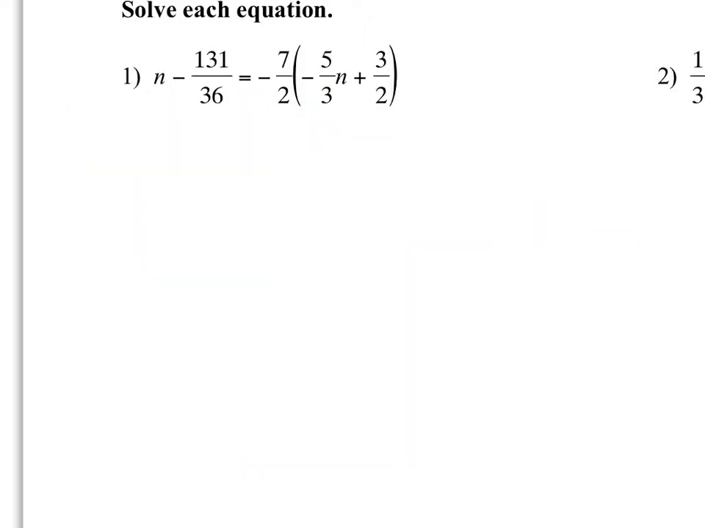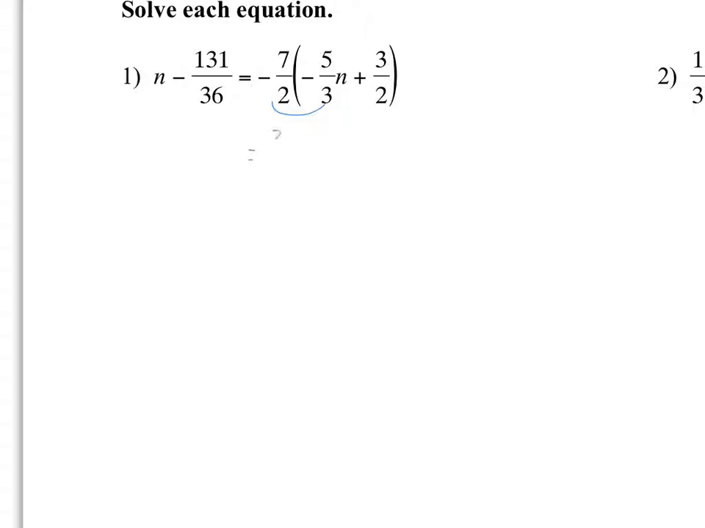Here we're looking at one of our lovely complex equations. It has lots of fractions going on. First thing I might do is to try to simplify some of the stuff here. In particular, I might do that distribution before I do anything else, and then I'll worry about dealing with the fractions. So in setting that up, we've got negative 7 over 2 times negative 5 over 3, which is going